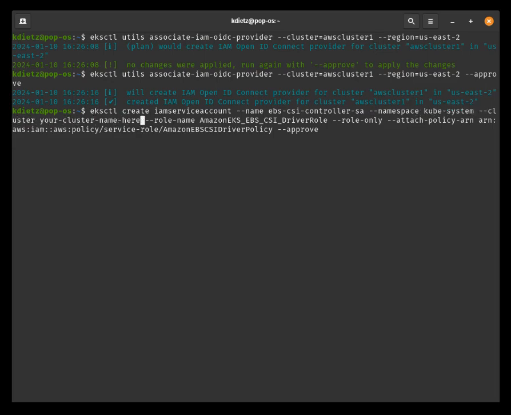So we're going to put in our cluster name here. That's cluster 1, right? And the role name that it's going to create is Amazon EKS EBS CSI driver. This name right here can be whatever you want it to be, but we're going to use it later. So it's best to just use the default unless you have a reason to change it. All right, minus role attached,